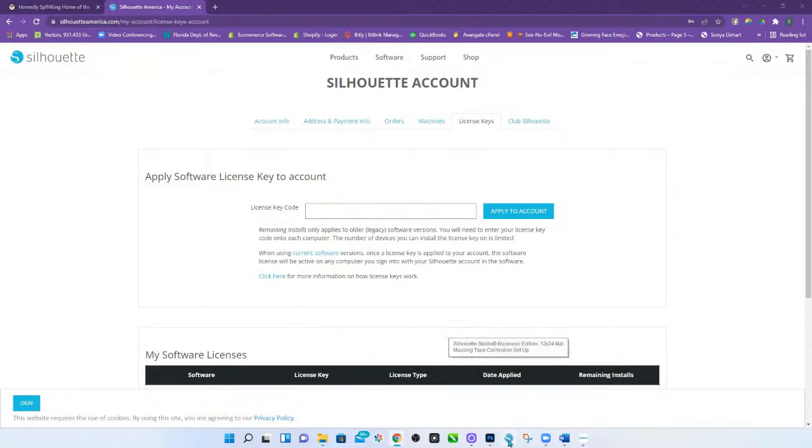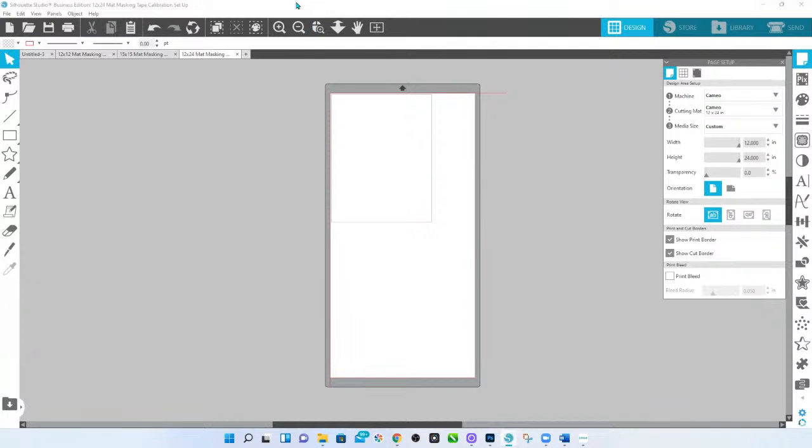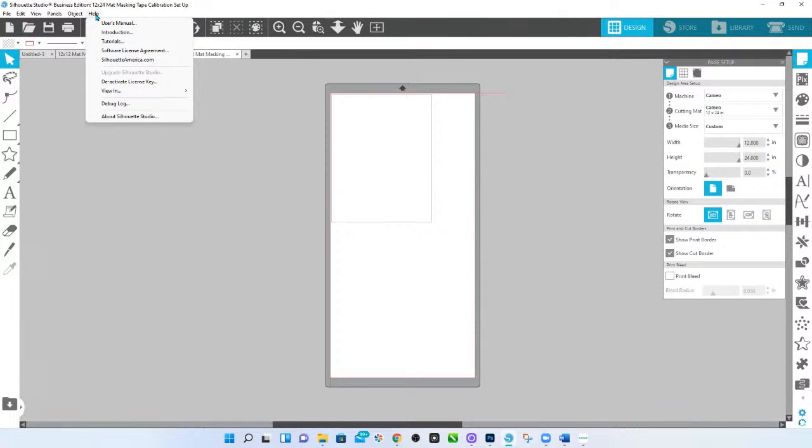So we're going to go back over to Silhouette Studio. Here at the top, so here's my mouse in the middle, my arrow. We're going to go up here to the top to help. I have already upgraded mine, like I'm fully activated, but right here in this section is where you're going to see where to select upgrade. And you're going to either, if you're on 4.4, it'll be there, and you're just going to enter your